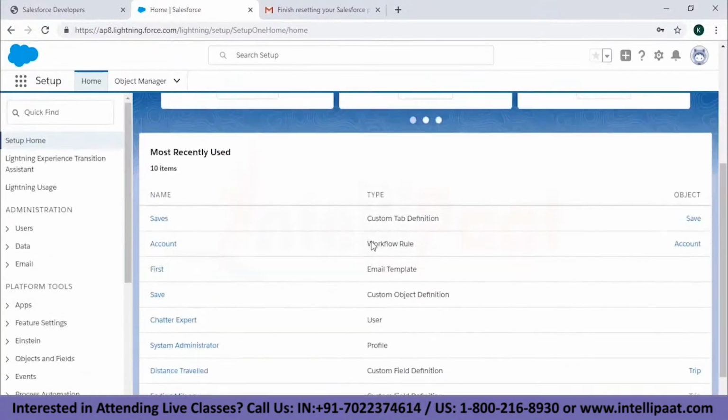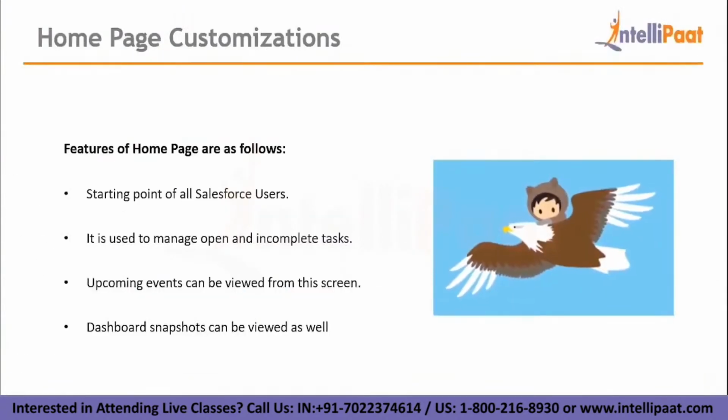Next, it is used to manage open and incomplete tasks. Yes, that is true. We'll see that in just a minute. It will also help in viewing the upcoming events on the homepage itself. And the dashboard snapshots are also available over there, and you can view them as well.